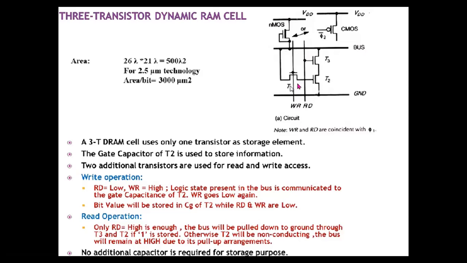So we have the T1 transistor, T2 transistor and T3 transistor. Again, in the pull down part, and in the pull up part, I can use either a depletion mode NMOS device, or I can go for a PMOS, or an enhancement type PMOS device. Now coming to the read and write operation, we have 2 additional transistors, one meant for the write operation and one meant for the read operation.